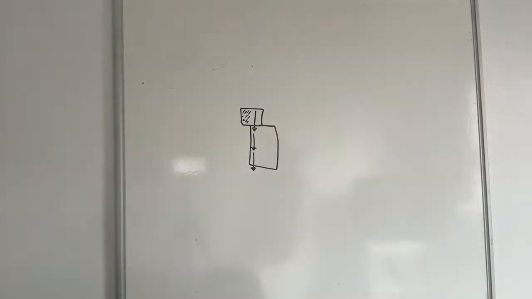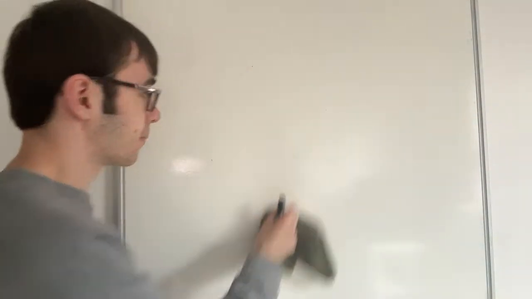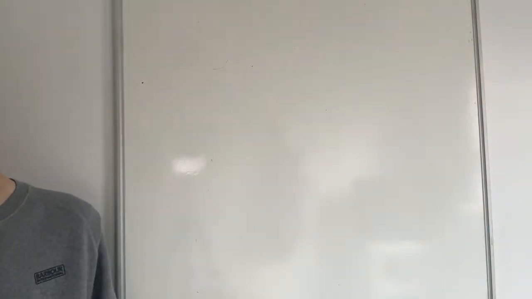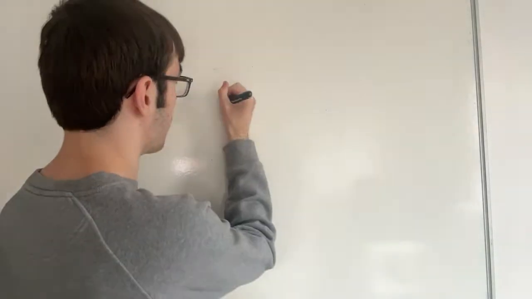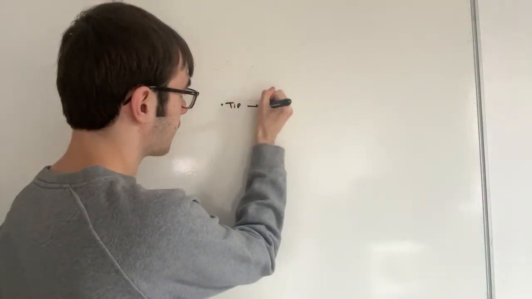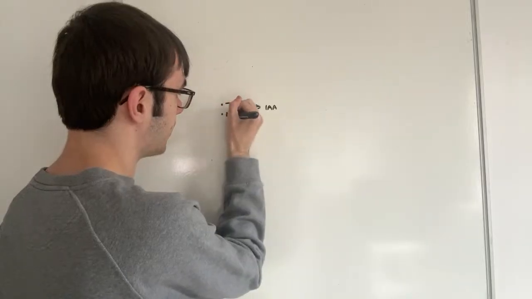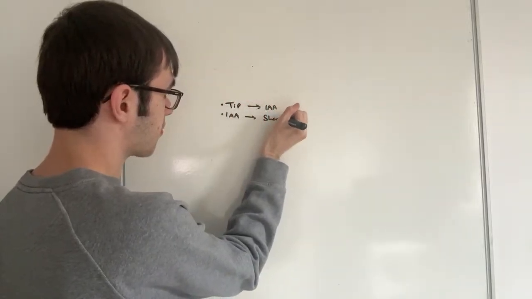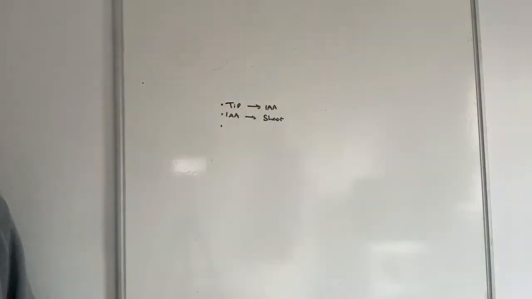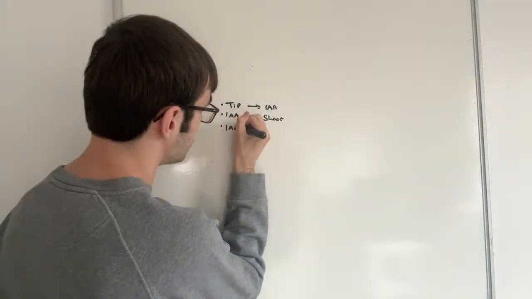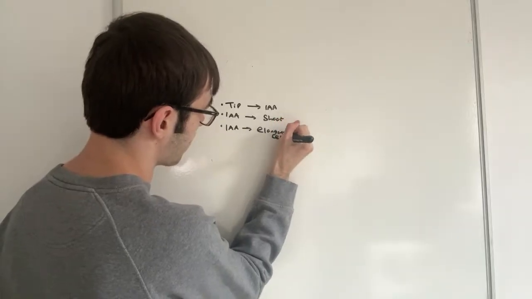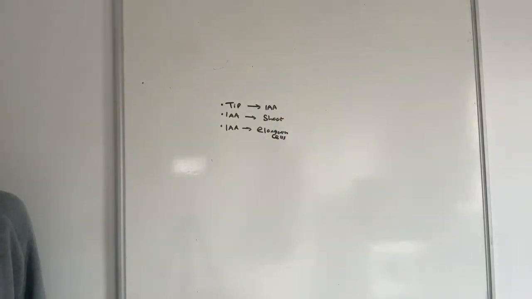Again, not very nice marking points there, because I would begin to waffle about things like the unidirectional light, but no, it's literally the tip produces IAA, IAA diffuses into the shoot, and then IAA leads to elongation of cells. Okay.